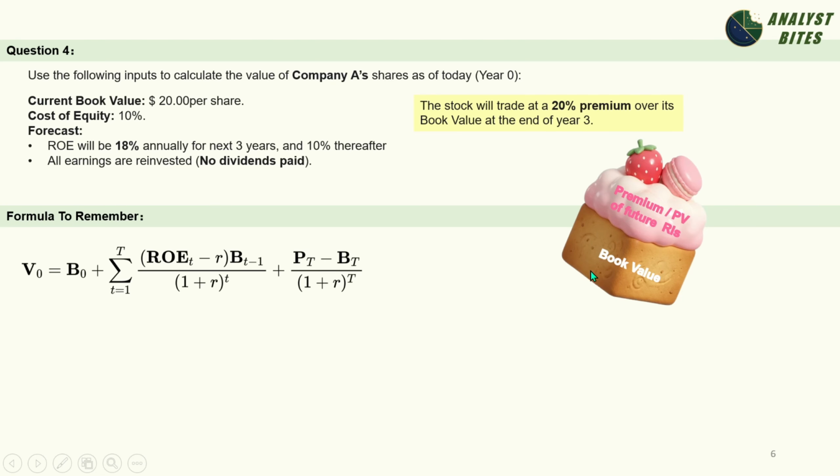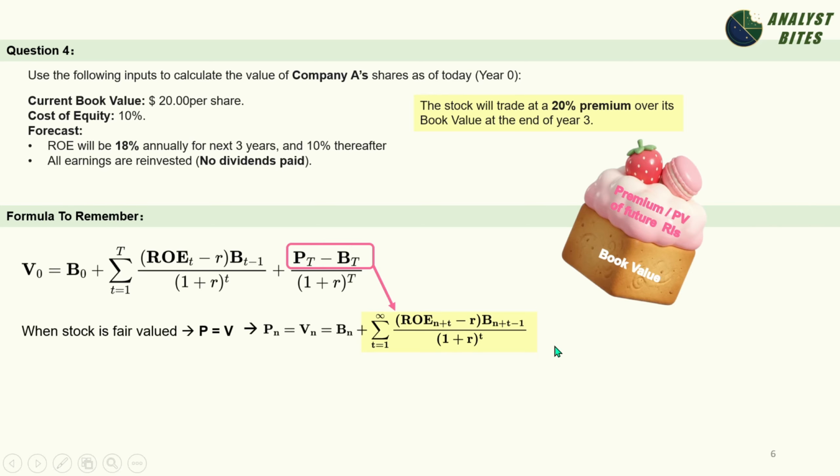Now look at the logic. Since the question gives us the relationship between the total price and the base, calculating the pink cream becomes very simple. We just take the whole cake, PN, subtract the base, BN, and what's left is the cream, TVN. Look at the yellow formula at the bottom. Since price equals book value plus TV, we can simply rearrange it. TV equals price minus book value. Logic solved, formula solved. This is much easier than discounting line by line, right?